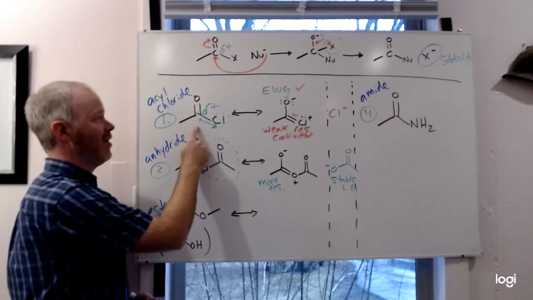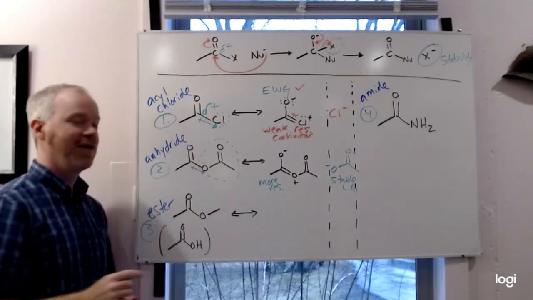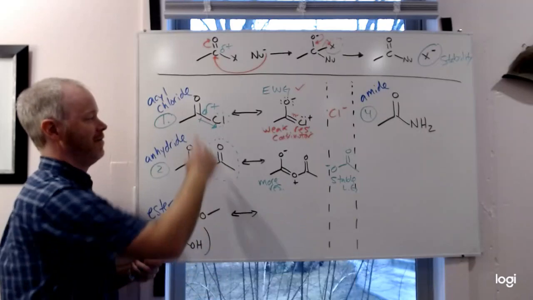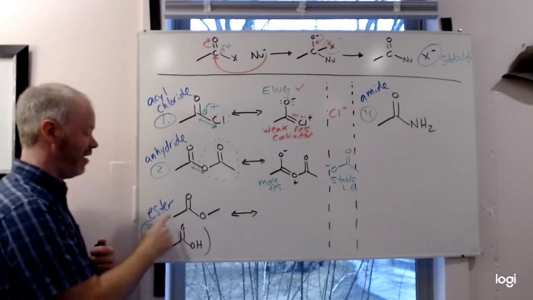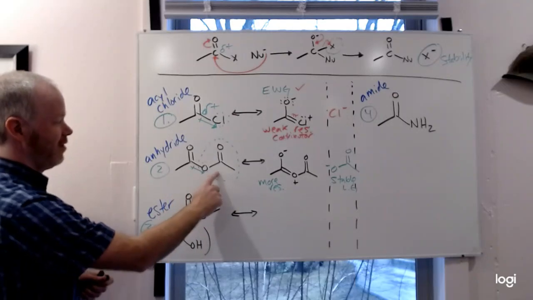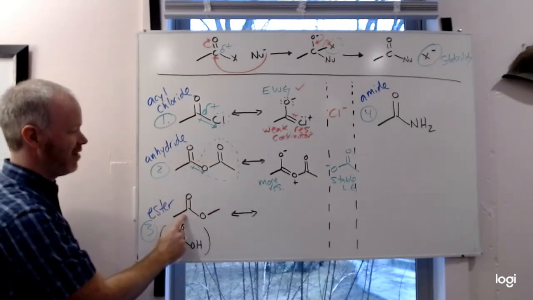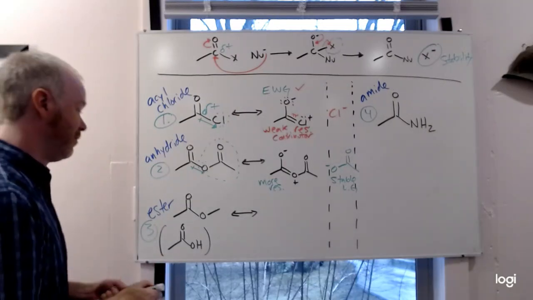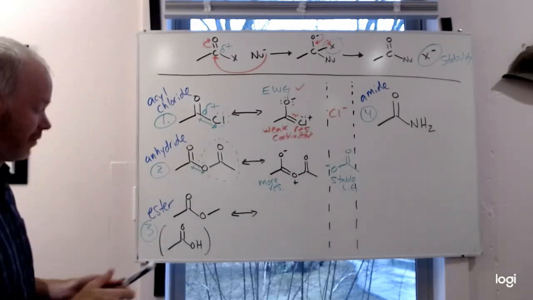So both acyl chlorides and anhydrides react pretty quickly with weak nucleophiles like water. So they react pretty well. The esters and acids are a lot more stable. So you'll notice the biggest difference between anhydride and ester is we don't have this extra carbonyl there anymore. So our leaving group